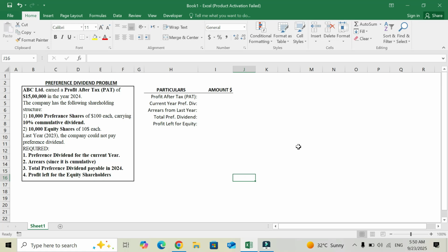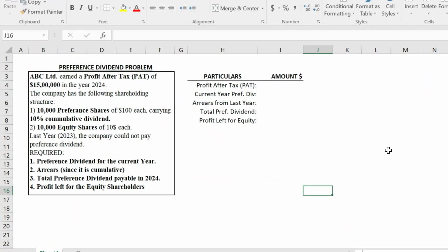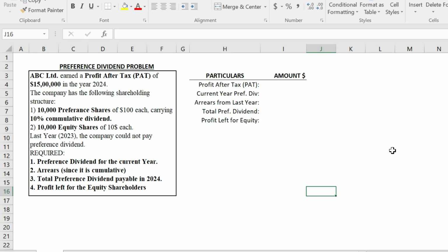Alright, students, let's take a practical example to understand the preference dividend clearly. We have a company called ABC Limited, which has earned a profit after tax of 15 lakh in the year 2024. Here is the shareholding structure of the company, which we will discuss. It has 10,000 preference shares of $100 carrying a 10% cumulative dividend, and it also has 10,000 equity shares of